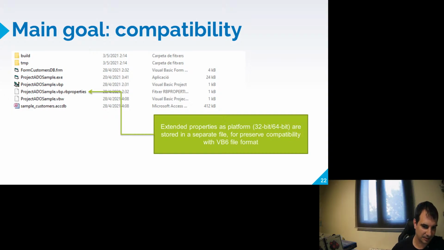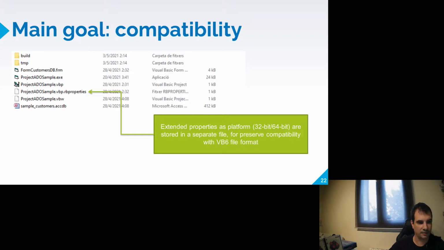More about compatibility. There are some properties, some things that are particular to RAD Basic and could be a problem in Visual Basic 6. For example, the platform configuration and all of the extended properties of RAD Basic are stored in a separate file, as you could see in an RB properties file, to preserve compatibility with the Visual Basic 6 file format.